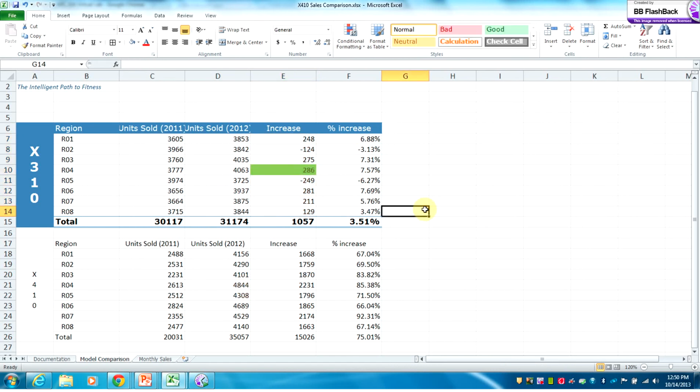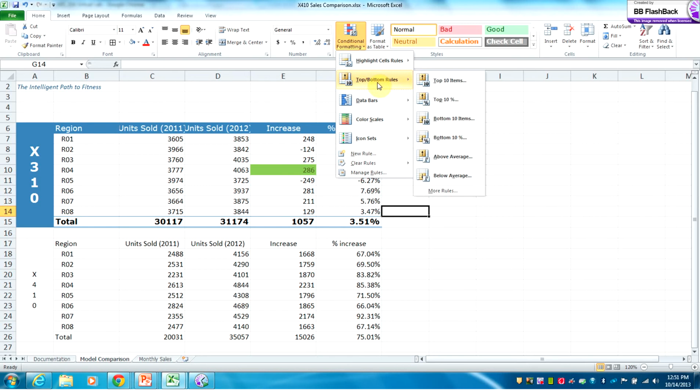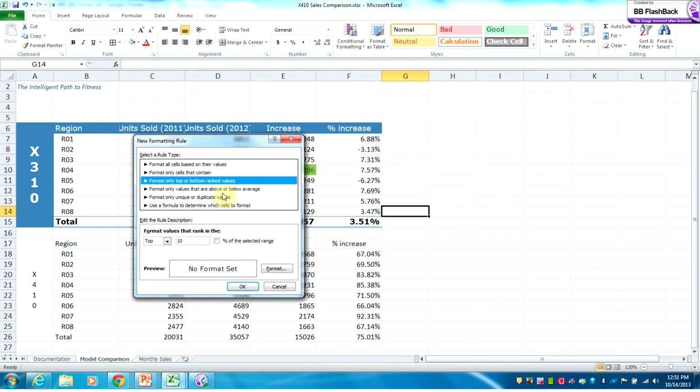So you see 286 is highlighted over there. So again, remember, conditional formatting allows you to highlight specific cells based on a condition, and we want to highlight the top value in here. So we clicked on conditional formatting and we want to highlight top bottom rules. None of them state a top 1. There is top 10, so I need to go to more rules, and I'm gonna choose format only top or